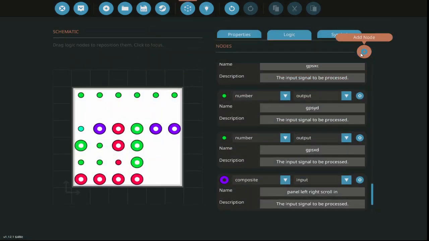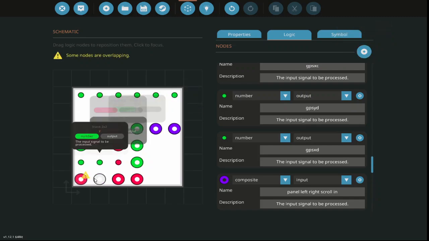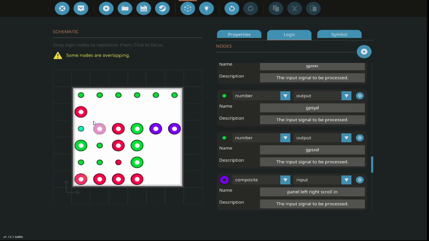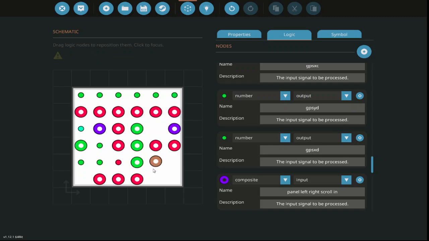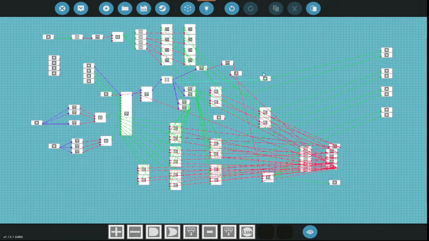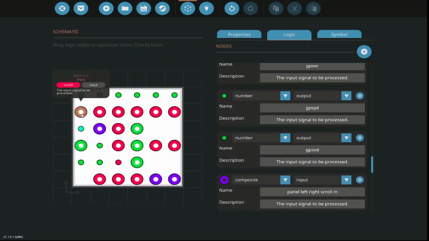Ooh, I think I can do it. 1, 2, 3, 4, 5, 6, 7, 8. Yeah. 1, 2, 3, 4. Oh, 5, 6, 7, and 8. I guess it doesn't matter, does it? It didn't disconnect anything, did it? No. Alright, so